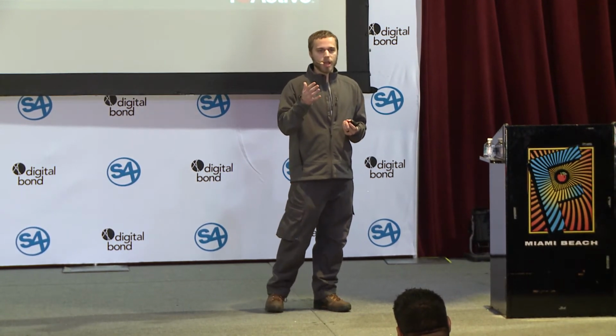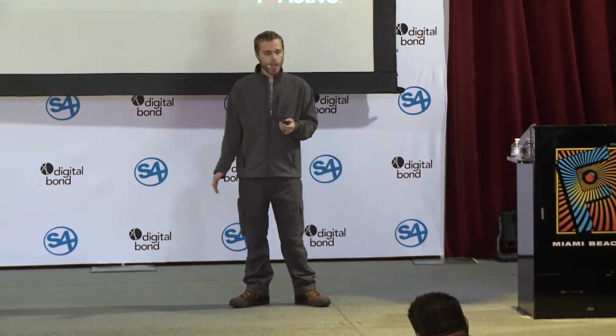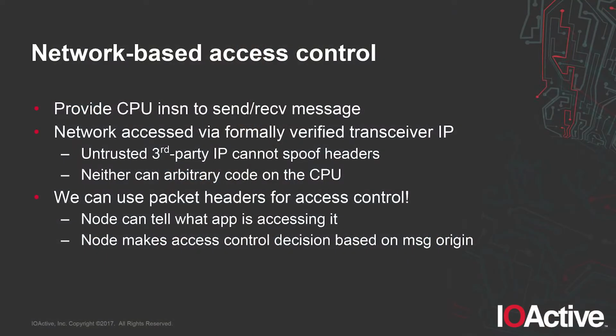There's a fixed priority table built in right now. The lowest numbered port always gets priority unless the round robin selector wants to send, and beyond there it breaks ties by lowest port number. And so this allows us to do network-based access control. We have a CPU instruction to send and receive messages. In this system, since you no longer are trying to run a syscall dispatcher and so on in ring 0, you don't need the syscall instruction to trap to a syscall handler. So we can repurpose the system call instruction in order to send and receive messages.